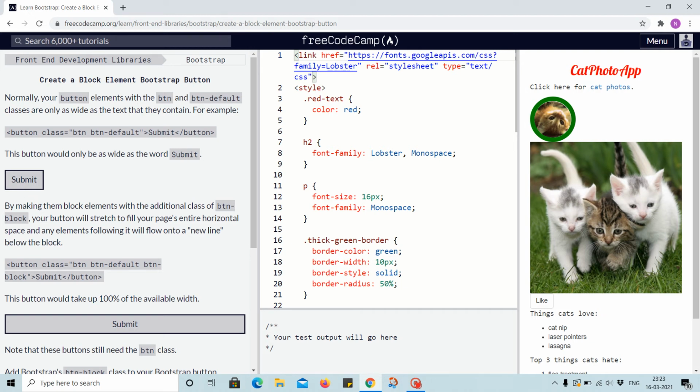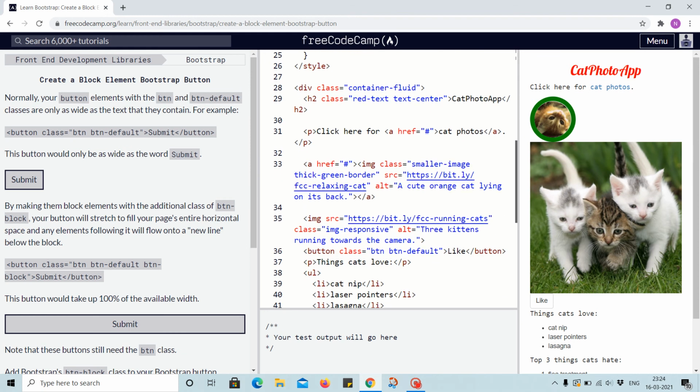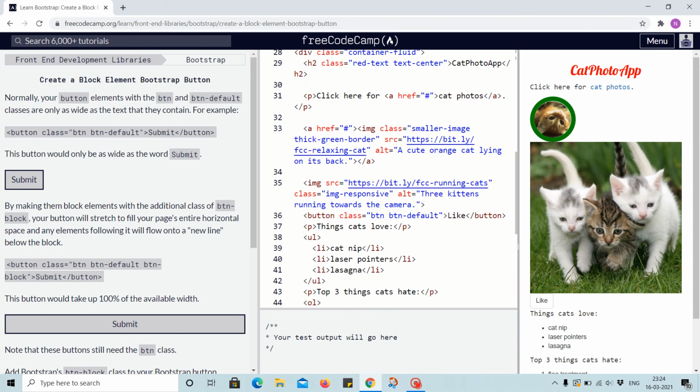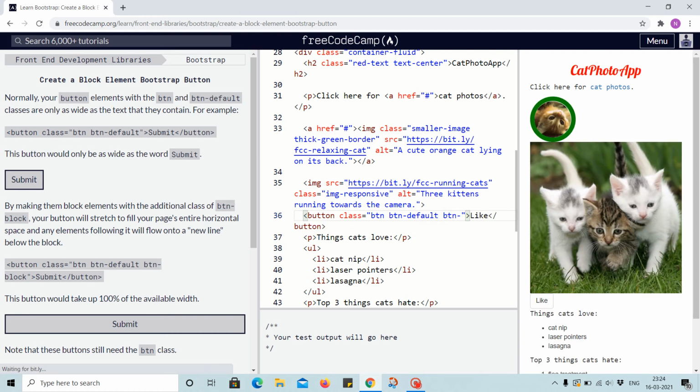By making them block elements with the additional class of btn-block, your button will stretch to fill your page's entire horizontal space, and any elements following it will flow onto a new line below the block, like this in btn-block. This button would take 100% of the available width. In that case, if we want to convert it into a button block, it will take the full width of the page